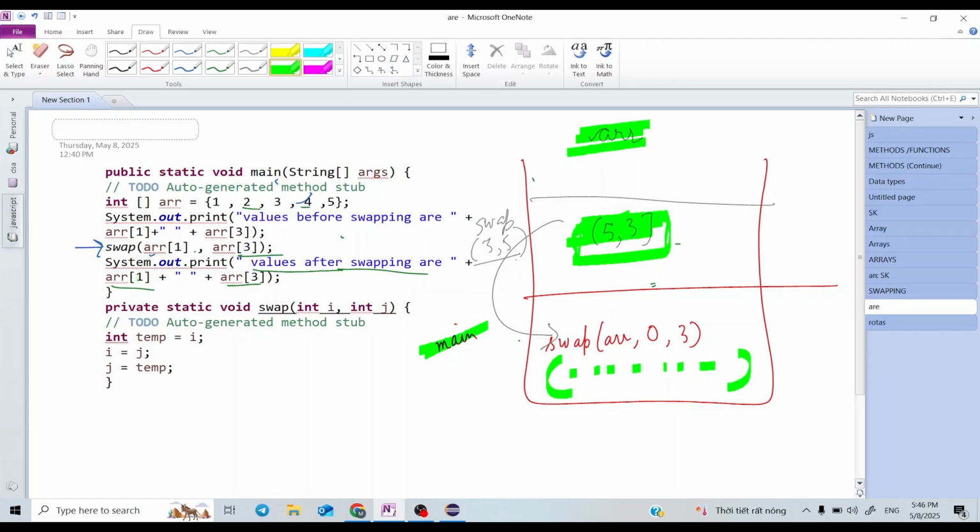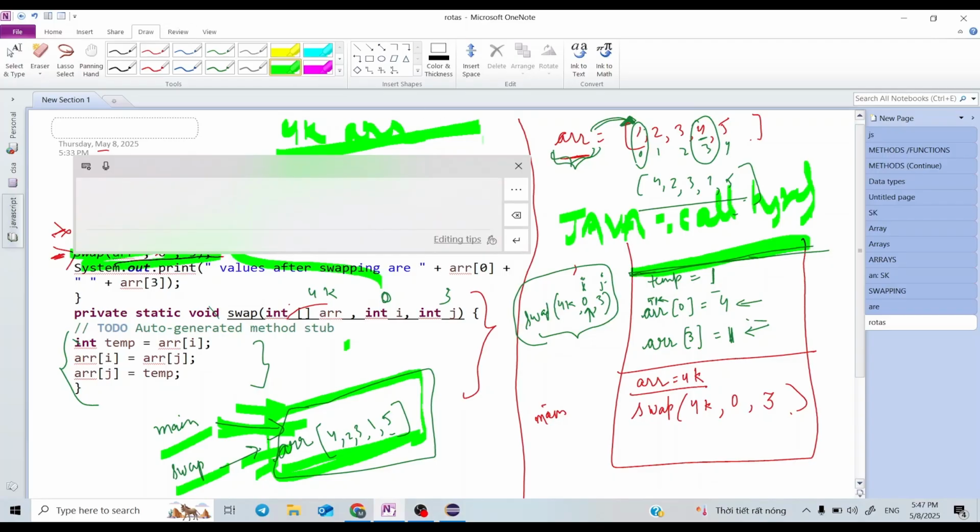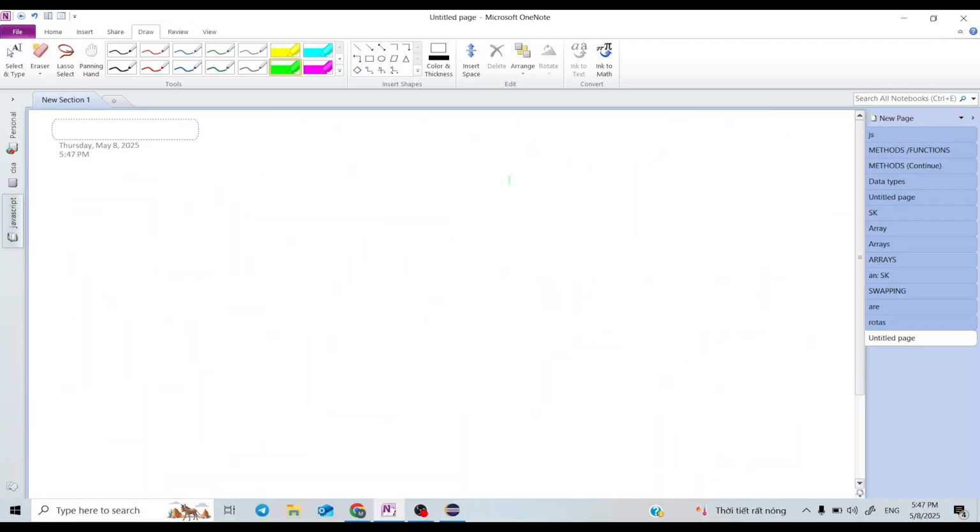But the main function doesn't know that the changes are made to arr only. We did this in the newest program. In the main, when we call swap, we pass the address of the array also. Let me give you a real life example. There is some labor, and I say this is labor to make changes in some house.